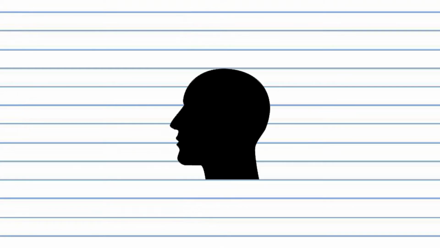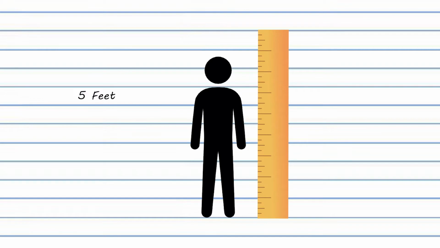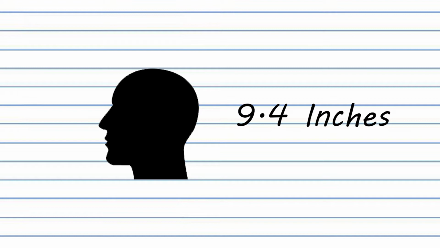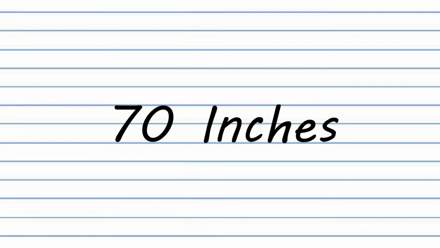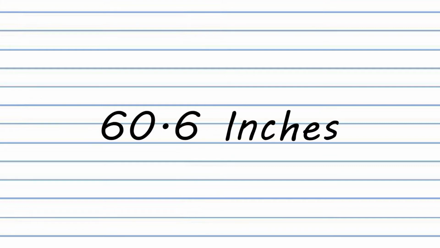However, we're missing one important thing. That's the head. The average height of a human is about 5 feet and 10 inches. The average height for the human head is about 9.4 inches. If we take 5 feet and 10 inches and convert that into inches, we get a total of 70 inches. If we subtract 9.4 inches from that number, we get 60.6 inches. Since we still have the exponent 2, we can take 60.6 and square it. That leaves us with the number